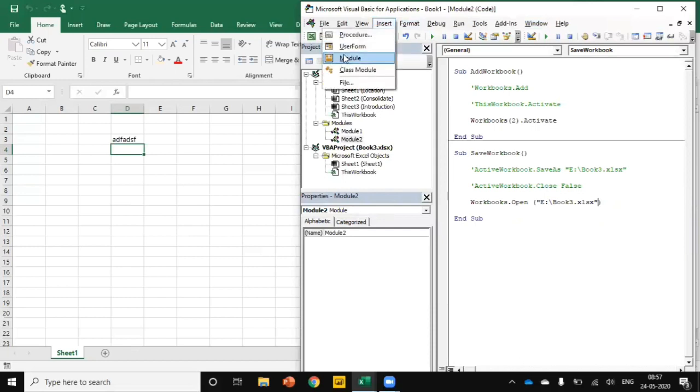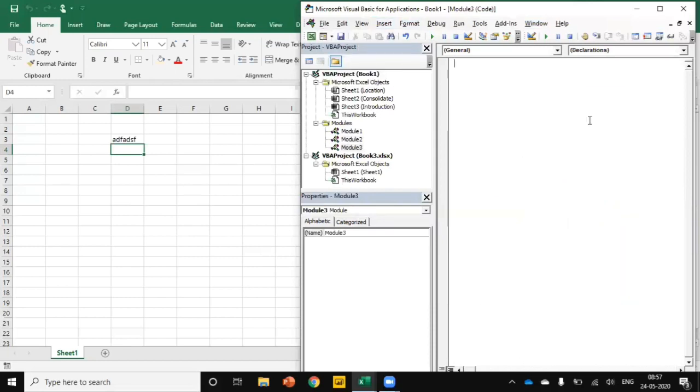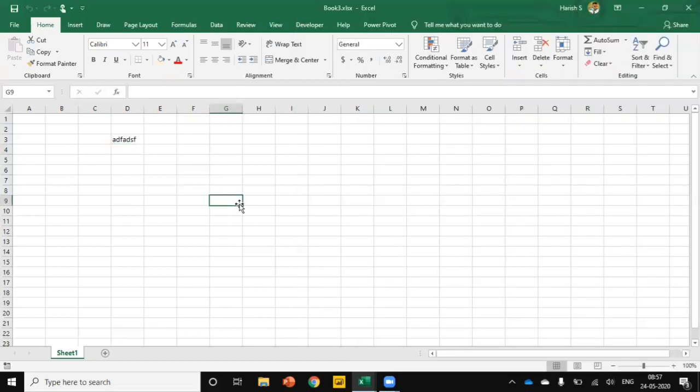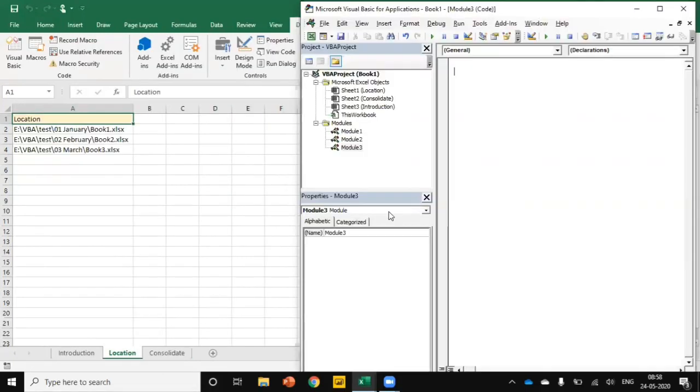I'll insert a new module. I'll close this workbook. Now I want to select the cells one by one. I'm going to add a simple Do Loop statement. First I am going to select A2.